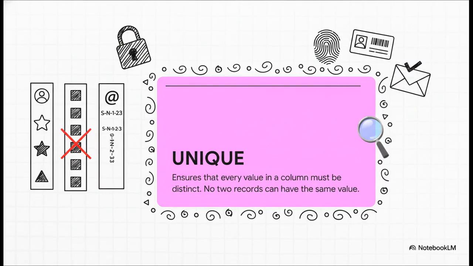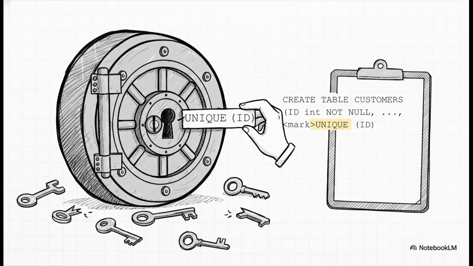All right, next up we have the UNIQUE constraint. Now this guardian, it's a bit obsessed with originality. It makes sure that every single value in a particular column is different. No duplicates allowed, period. This is absolutely essential for things like usernames, email addresses, or even product serial numbers. Applying it is also super easy. You just add the UNIQUE keyword and then tell it which column to watch, right there in parentheses. So now our ID column not only has to have a value, but that value has to be totally one